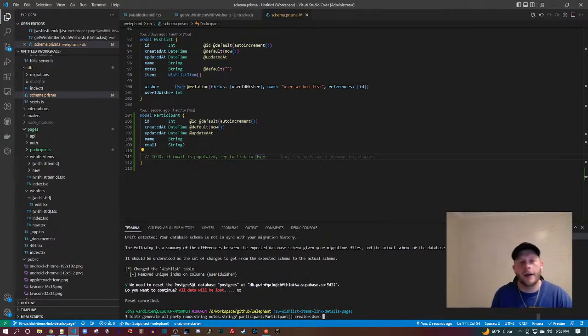Notes is like, here's an example of a note that I would say about my party. Please keep your gifts under $50 for the White Elephant gift exchange. Oh, and by the way, take your shoes off when you come to the front door or something like that. Or if you're having a hard time parking, these are all notes for the party. It's going to have a creator.